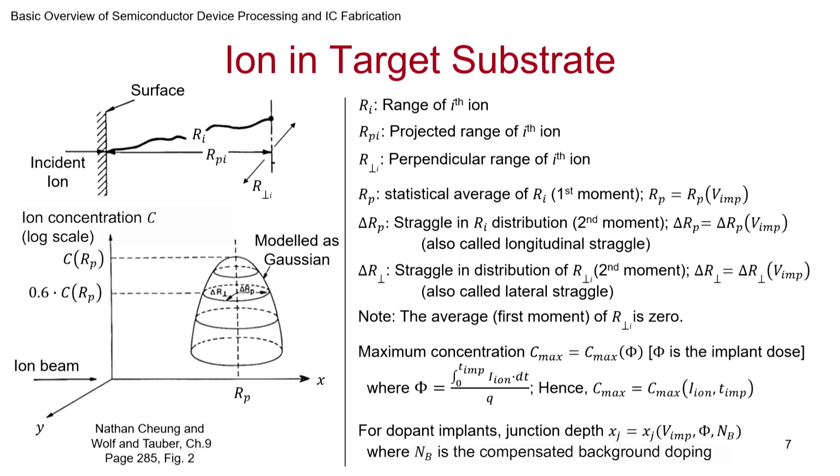So this depends of course on where the junction is formed, and that will be a function of the bias that you are applying, because that determines how much it is spread out, and the dose you are putting, because more material means more spreading. It also depends on ND, where ND is the background doping, the doping of the substrate. So this is just for a broad understanding of the parameters involved, and this is important. Once you know the basics, the rest of it you can always pick up.